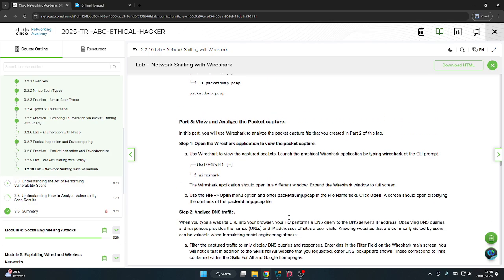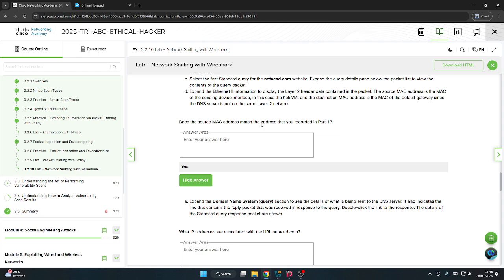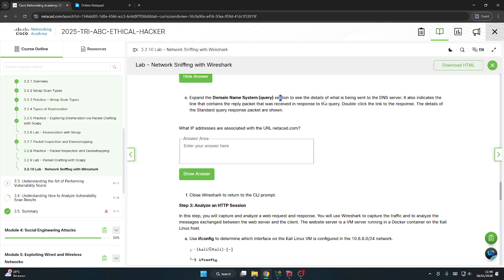I don't know, but the MAC address is yes. And expand the Domain Name System query section.